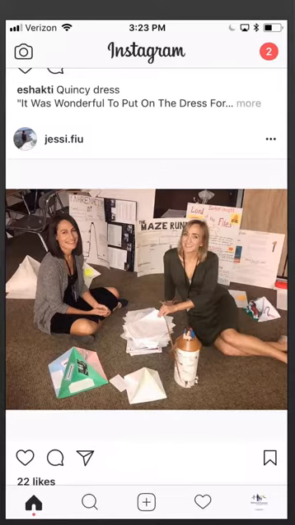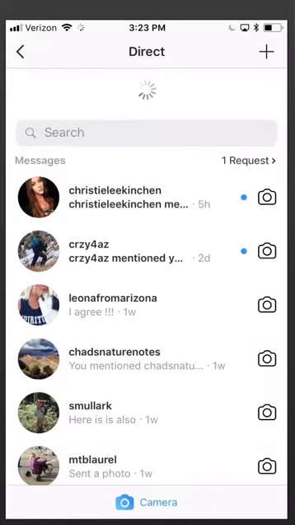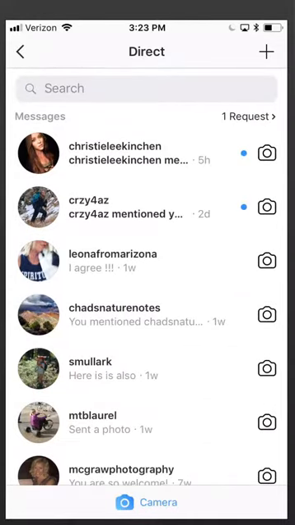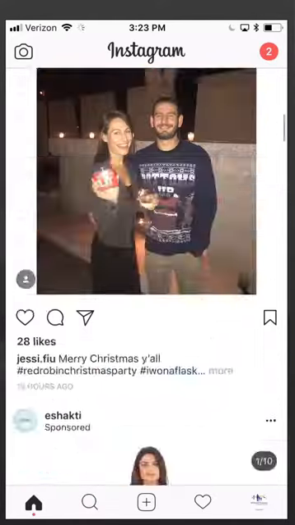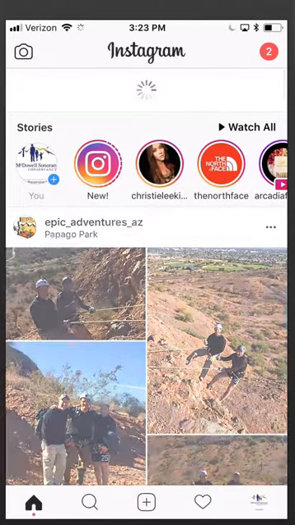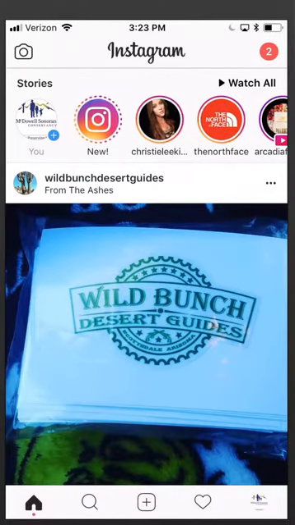Then in this top corner here where you see the house symbol, do you see the red 2? That'll take you to your direct messages. And Christy Lee and I, that's my personal one, we've both tagged the Conservancy in a post that we had. There's Leona, Chad, he's a geology major, he's a steward. And then this last piece that I'm going to tell you about, in the top row, it's called